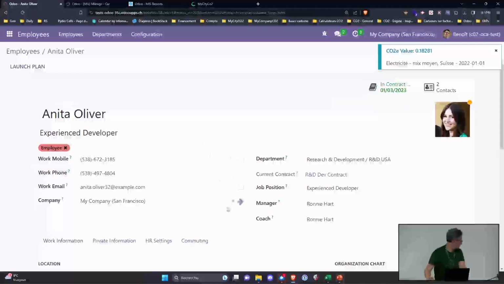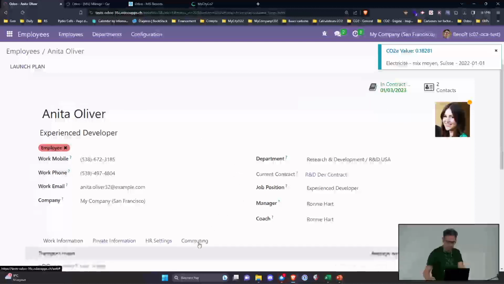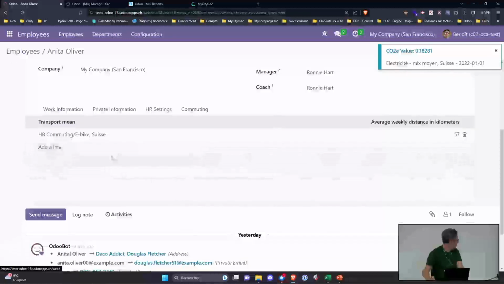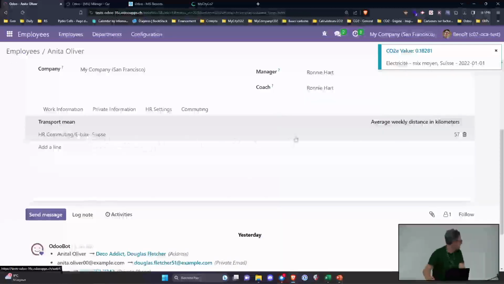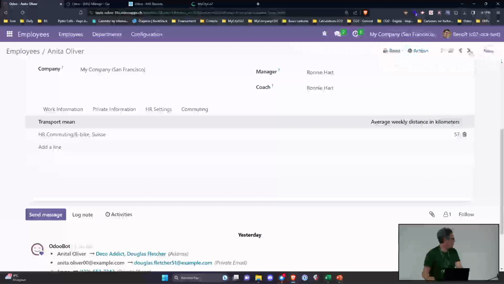Anita, there is a new tab here about commuting. She comes by bike, and every week she performs 57 kilometers by bike, and so on and so forth for all the employees.